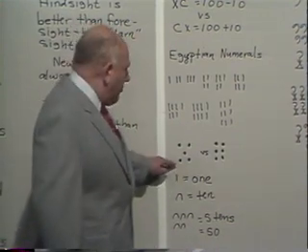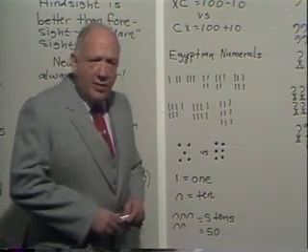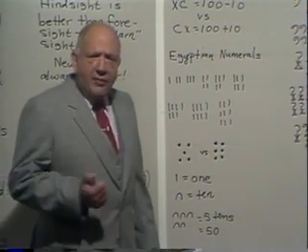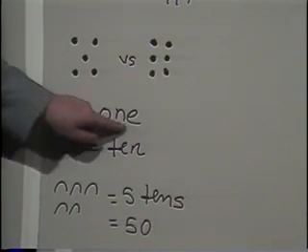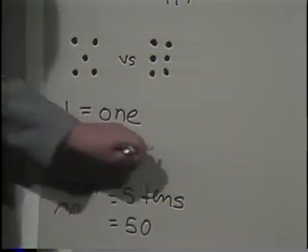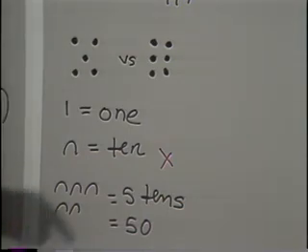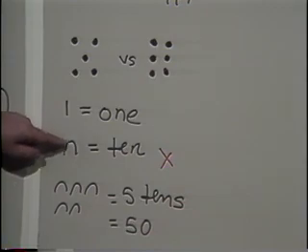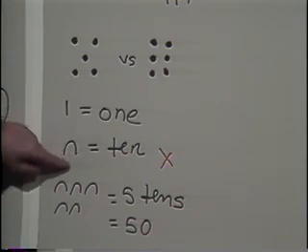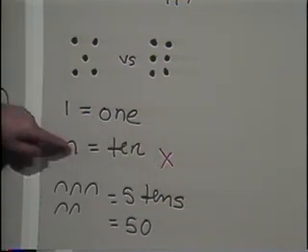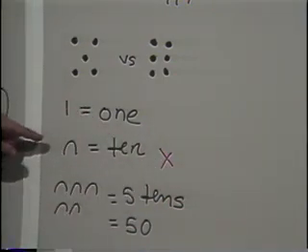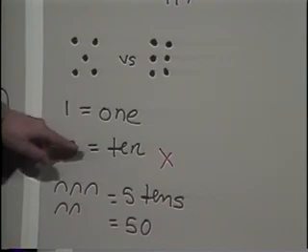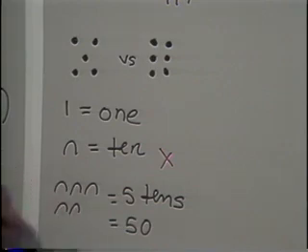Actually, what the Egyptians did was exactly the same thing that the Romans did. Only, as usually happens, they had a different language. They used the tally mark for 1. For 10, rather than using what the Romans called X, they used what some archaeologists call an arch, other archaeologists call a heel bone. I don't really care what you call it. I call it an arch. But basically, the important thing is what? Just like the Roman numeral X, there was no way of looking at the arch and knowing that it stood for 10. See, and now if they wanted 5 tens, they just made 5 arches. See, 1, 2, 3, 4, 5. You just count the adjective.